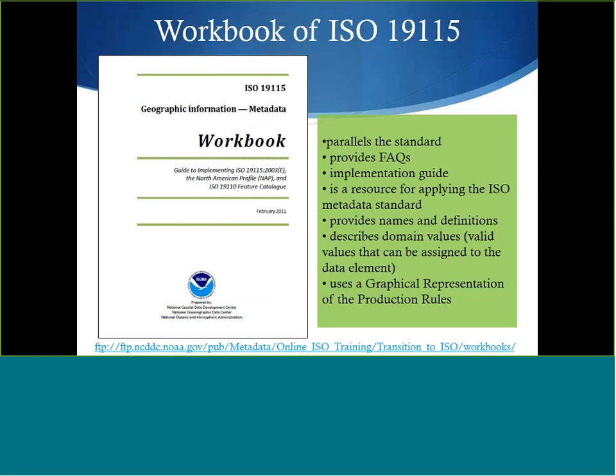Okay, so the ISO 19115, or ISO standards in general, are all developed by an international organization that basically does nothing but make standards for things. And these standards are not actually free. I think this one costs like $200 or something. So what the federal government has done, specifically NOAA, is that they purchased the standards, and